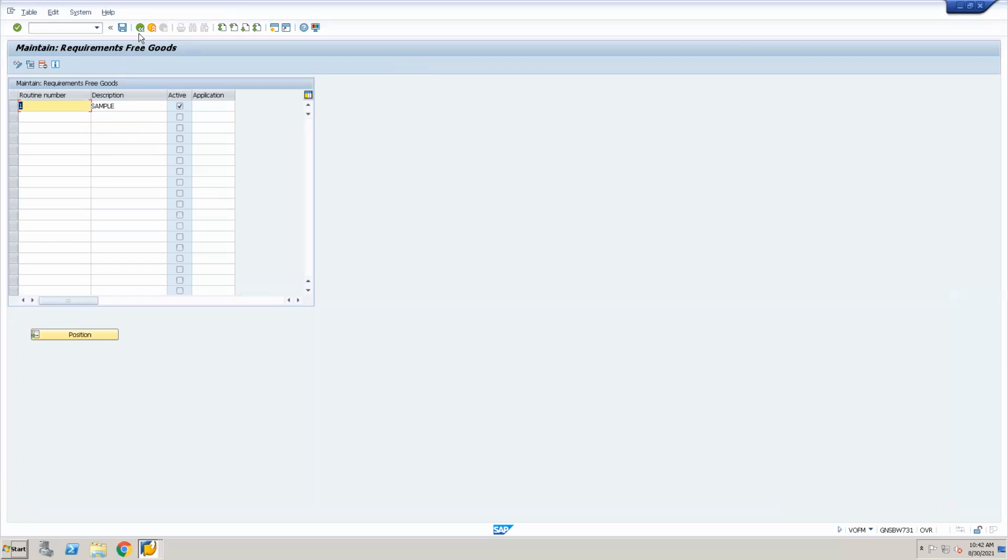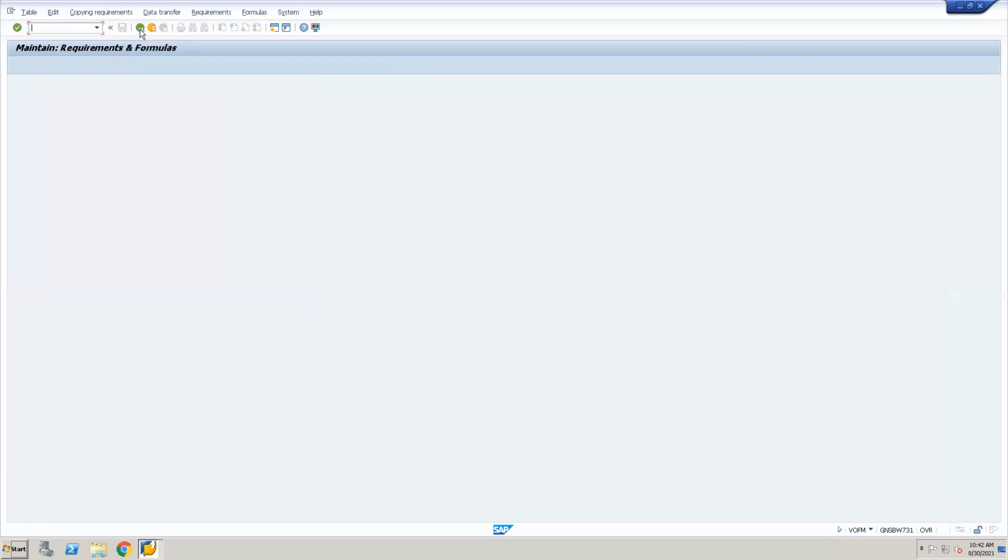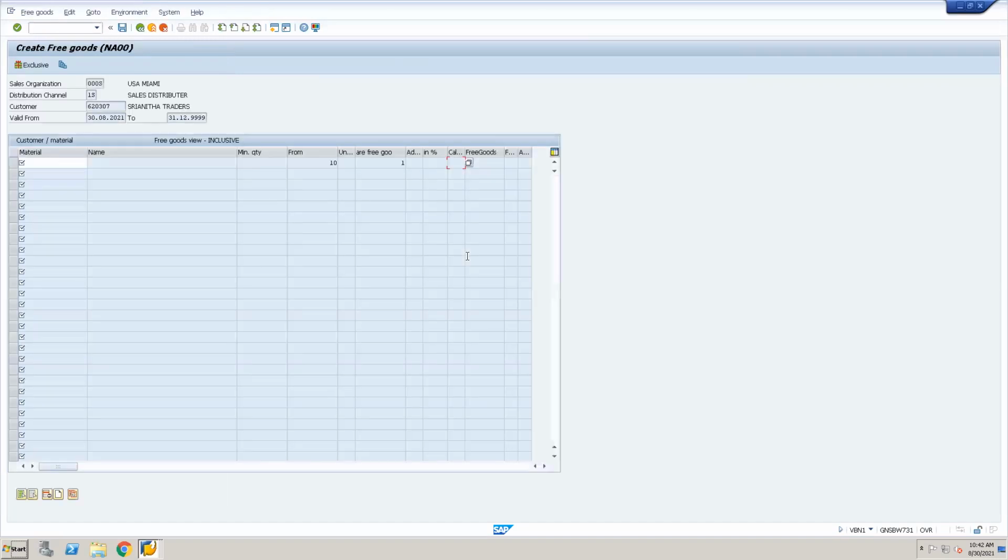This kind of routine you can develop over here and use for the calculation. So you got it now, what it means for the calculation rule.